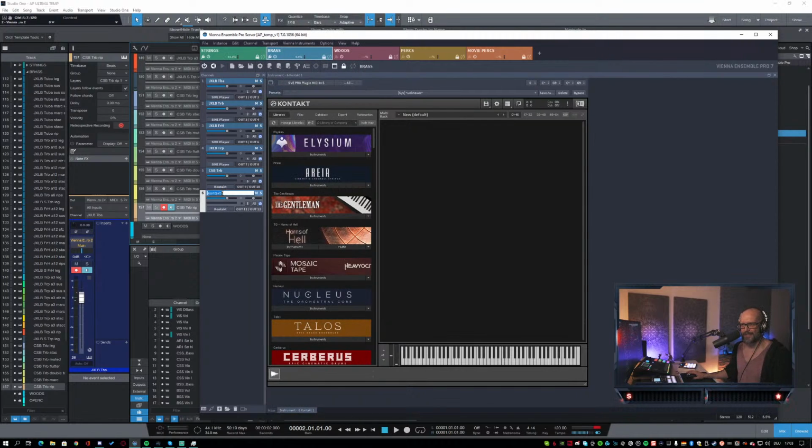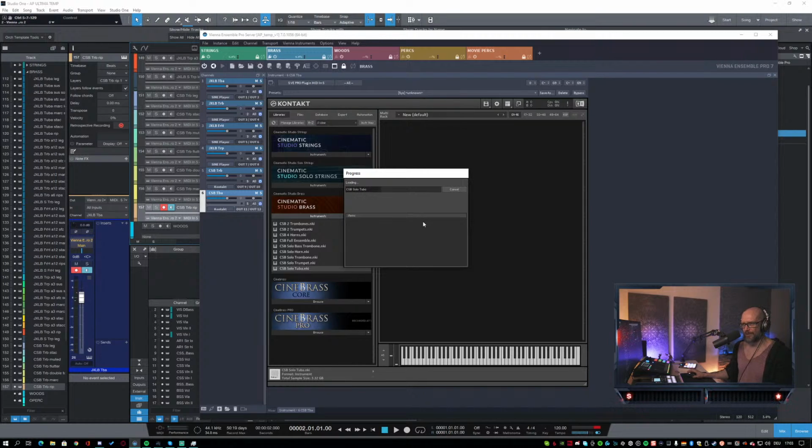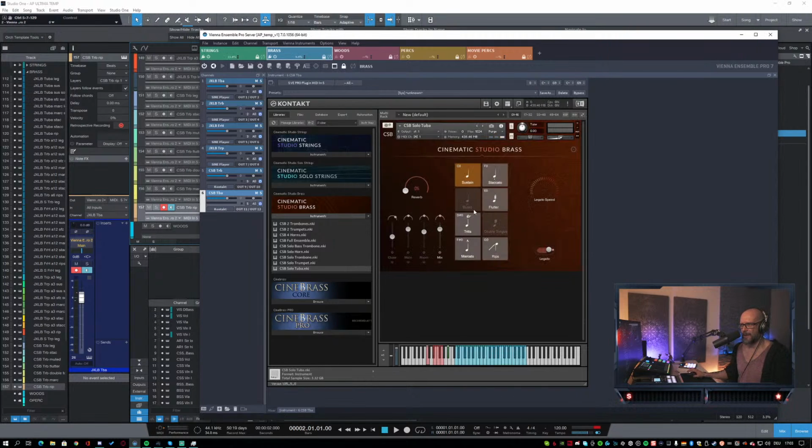So I will just set this up because I think it doesn't matter if the bass trombone or the tuba is first in this setup. Solo tuba. And I'm not really sure if I should load all the articulations in here because I just want to have it as an... I think the most important thing here would be, to be really honest,